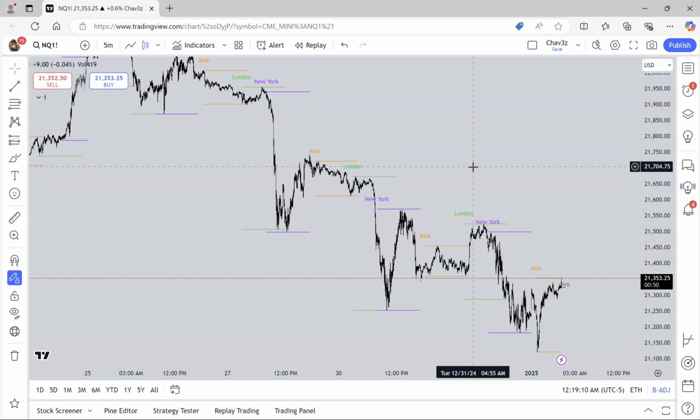I want two reasons to back my narrative and one reason to go against my narrative. Kind of like fading your own trade, right? In every trader Discord that I've ever been in, I see people say, when we break above this level, go long. When we break below this level, go short. Price is going to do one or the other, right? And then the trader will say the price did exactly what we thought. Well, it did, but you had two scenarios and you didn't favor one over the other.